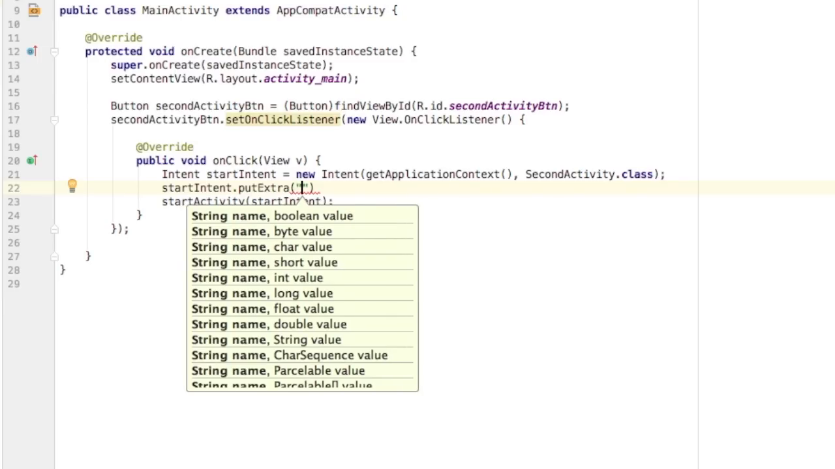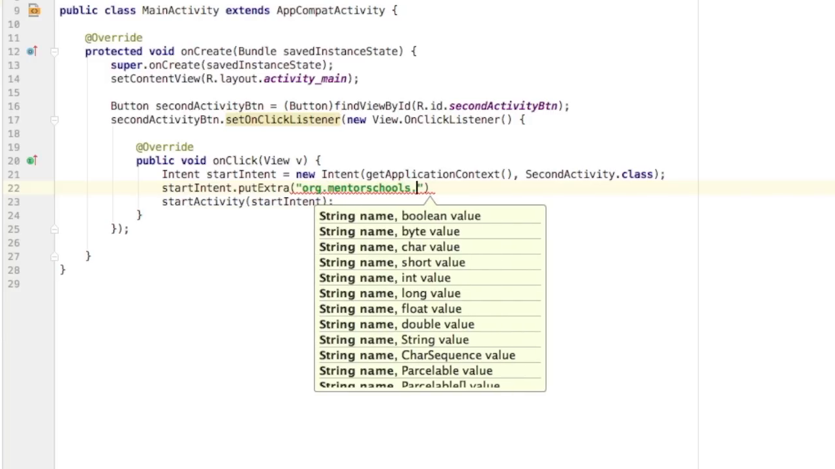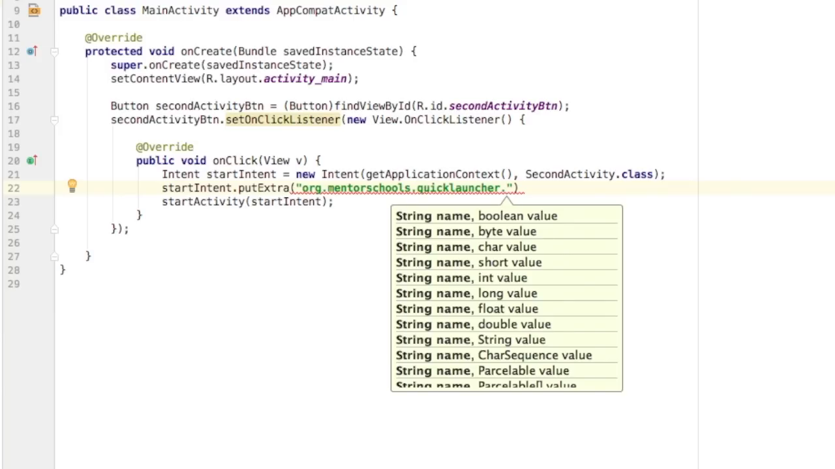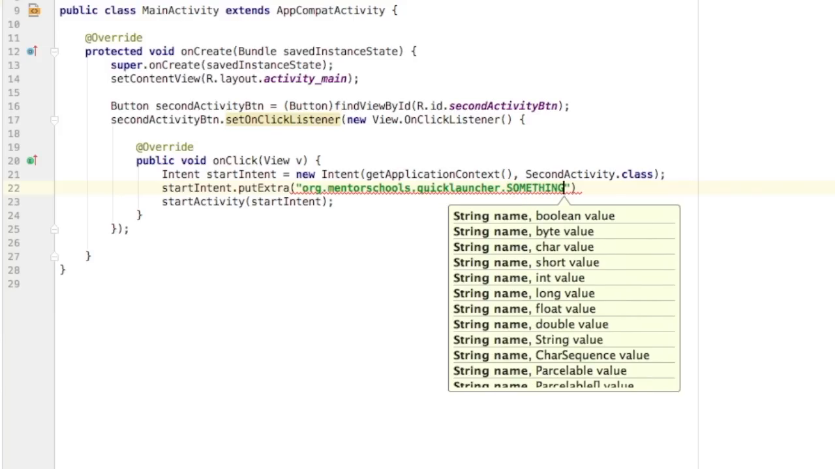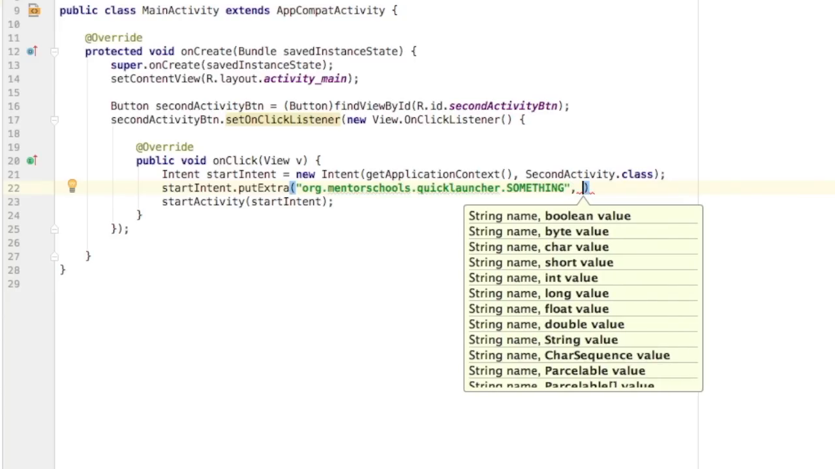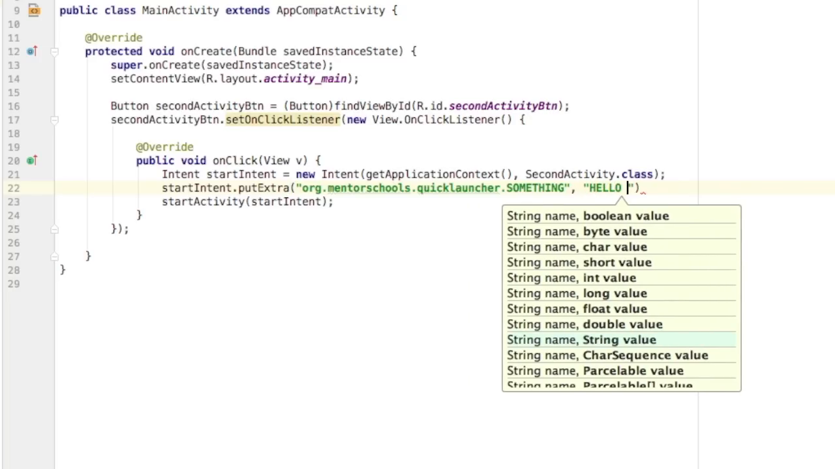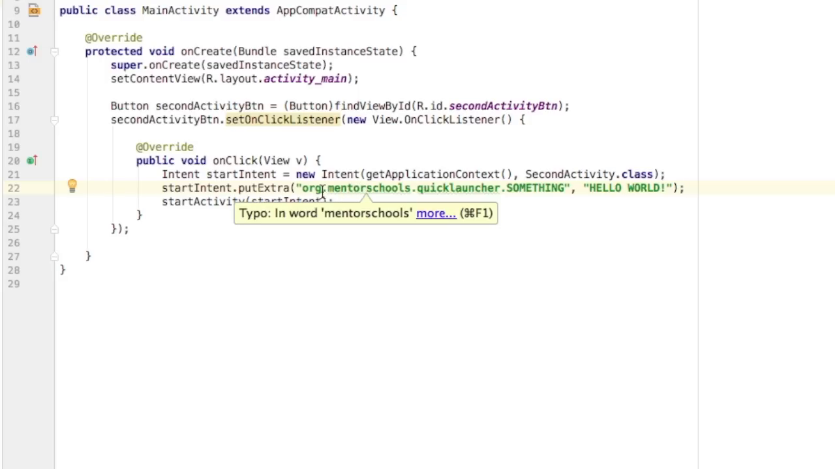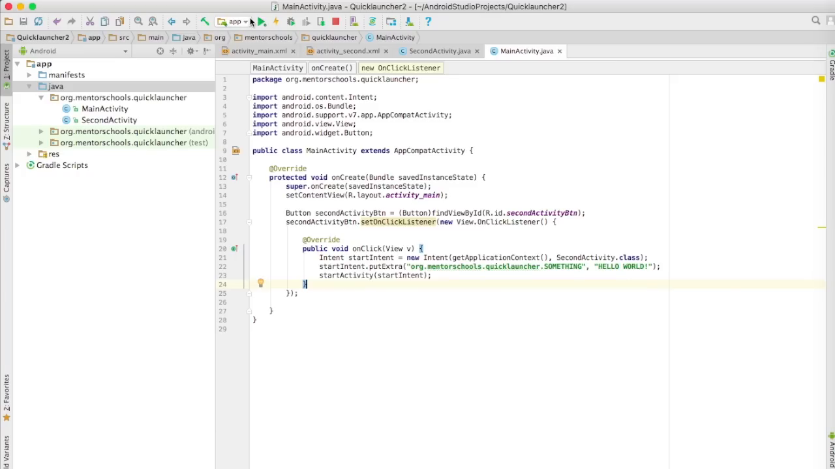So what's typically done is you take your package name here, like org.mentorschools.quicklauncher, and then you create a name for it. So I'm going to call it something. And then the next thing you give it is the actual value that you want to pass to the other screen. So I'm going to make it say hello world in all caps and throw in an exclamation point. Okay, so now I can look up on the other screen using that key, and it's going to display hello world. So let me go ahead and stop that, and I'm going to go over to second activity,